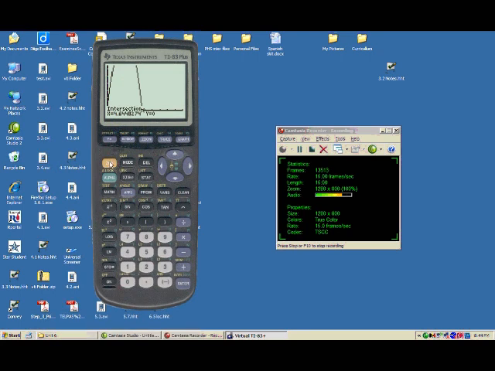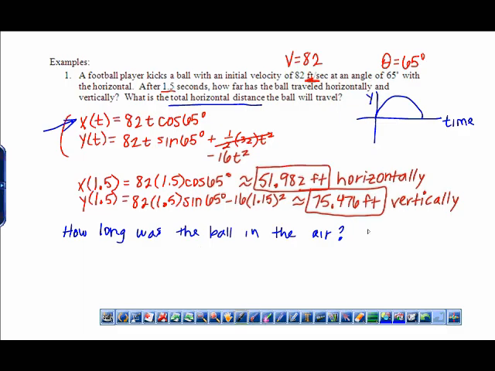Now, I've talked about this in class, but I'm going to show you one more time how to store values. Right now, because I just found that intersection, that's stored in for x. It won't be though as soon as I do something else, but for right now, that is stored in for x. And so when I'm thinking, okay, I answer this 4.645 seconds. And I used the vertical component to answer that question. Now, okay,